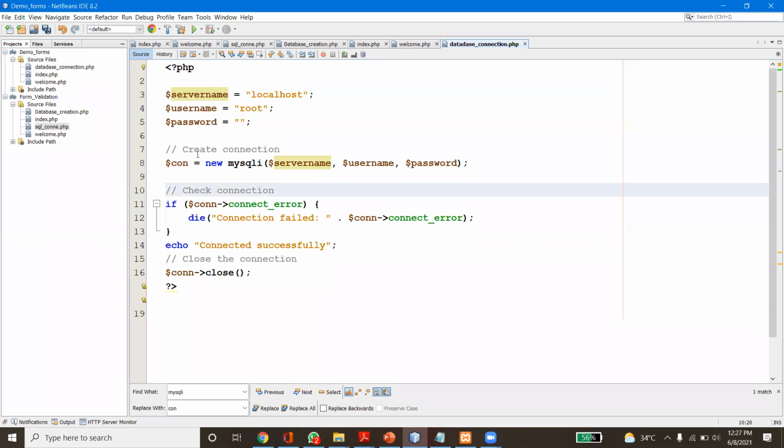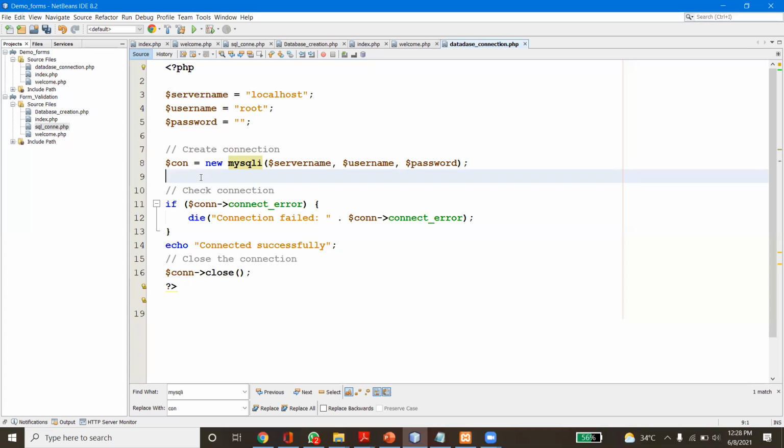These variables I am going to use here. For creating the connection, we have to use the mysqli function. In that function we need to pass the arguments: the host name, username, and password. All this information has been stored in these variables, so we are passing those variables.